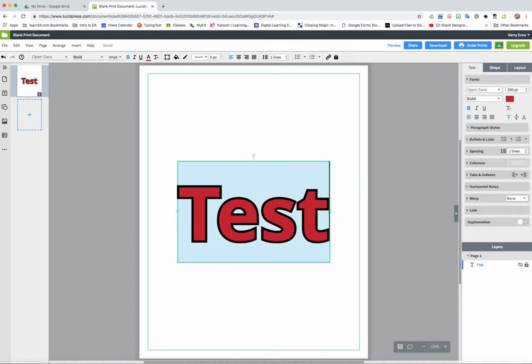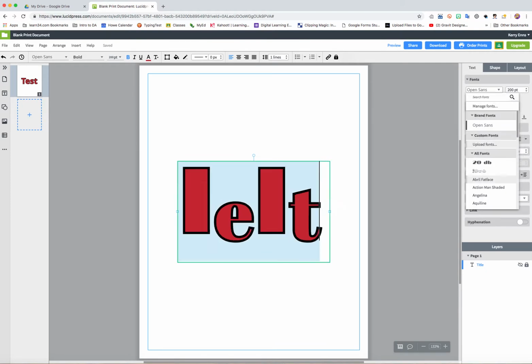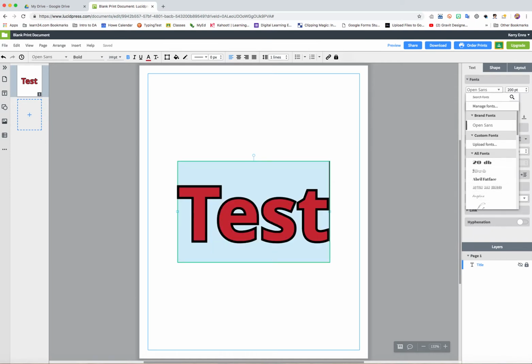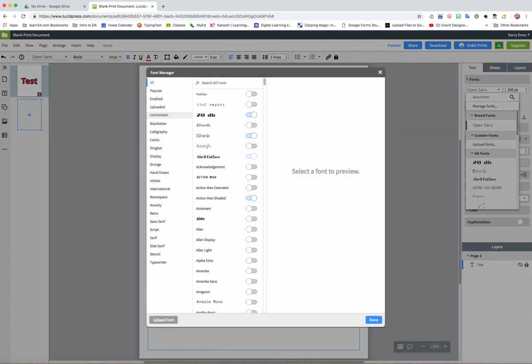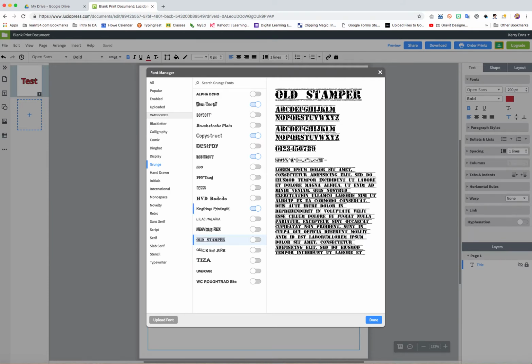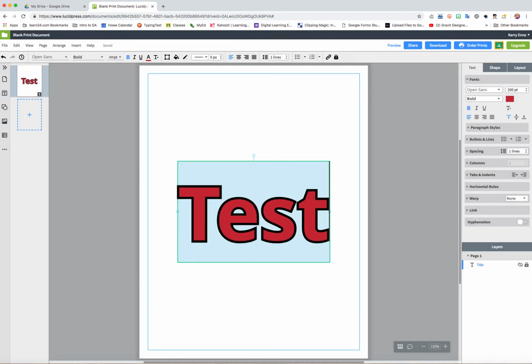I can go to the font menu. Right now I'm using Open Sans, and you can use any of these in here, which is pretty awesome, or you can choose your own font. So you go to Manage Font, and you can go through and choose the ones that you want. You can hit this category, grunge, and it will give you all of these different ones. So let's go Old Stamper. That's kind of cool. To turn it on, I just simply toggle this so that it's blue, hit done, and